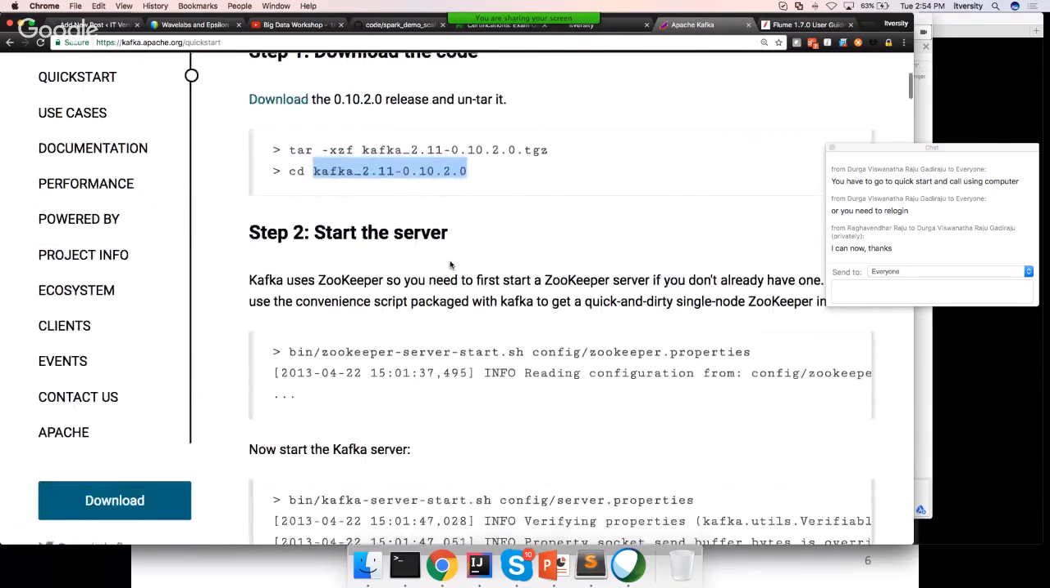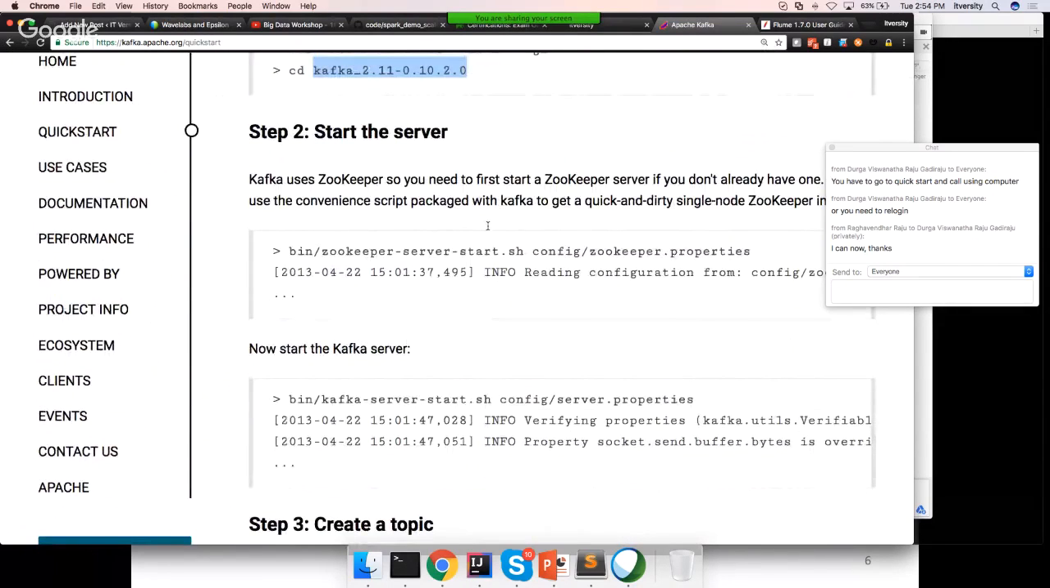Okay, and first you need to start the zookeeper. The role of zookeeper is